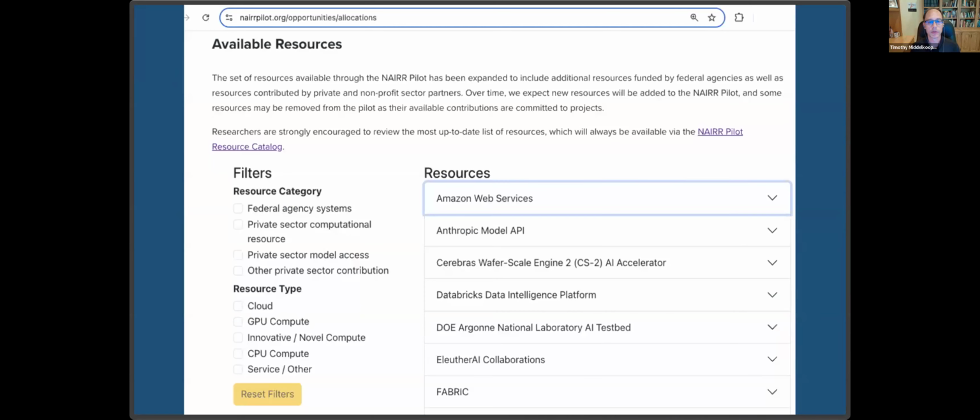The Research Resources Call page contains some information for proposals that applies across both calls. And then each call page additionally lists relevant resources with filters for viewing specific types of resources with these. For example, you can select to see only resources with GPUs available to the NAIRR pilot. Each provider can be expanded to display details about the various resources available, with some providers providing multiple resources associated